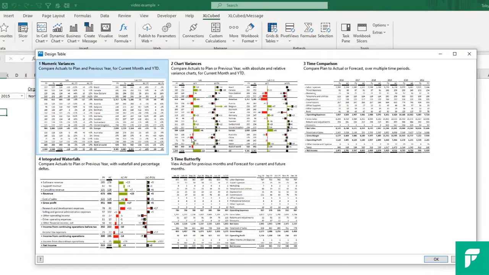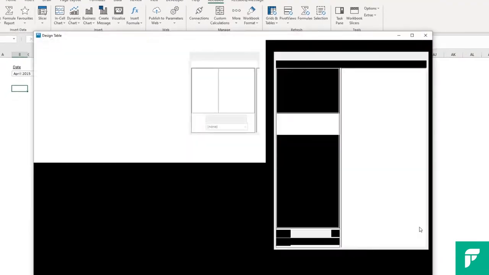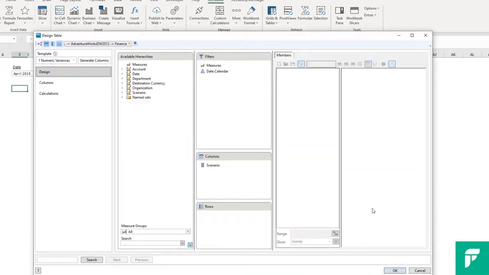This table displays actual, previous year and plan values for both the selected month and the year to date. The other tables are built using a very similar approach and will be touched upon in a later video. The table designer is very similar to the XLCubed grid designer and can be used in much the same way. The selections are still made by dragging and dropping, and it is still possible to link the table to slicers